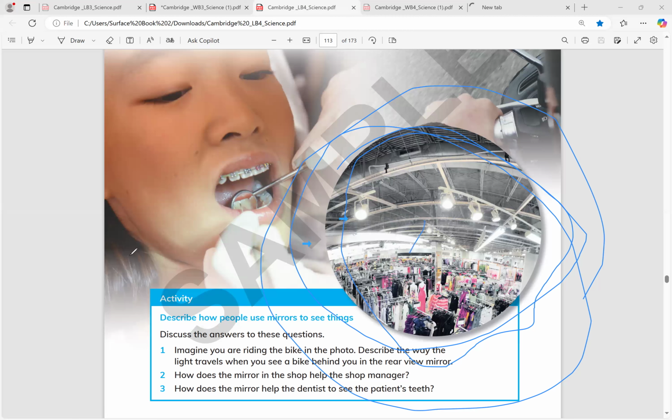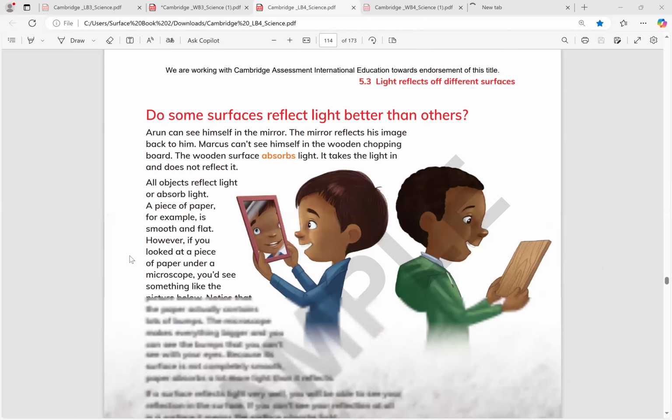Oh, what's that in the store? Oh. Now, let's see. Mirror could see himself because it is a mirror. But this guy, Marcus, couldn't because it's a piece of wood. This guy's dumber than a bag of rocks. What? Yeah, and I think that is the most boring bag of rocks in the world.